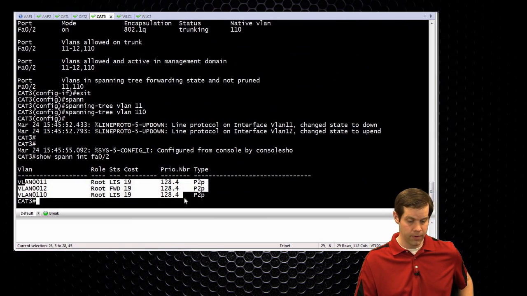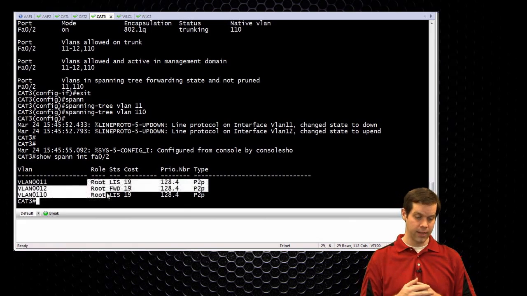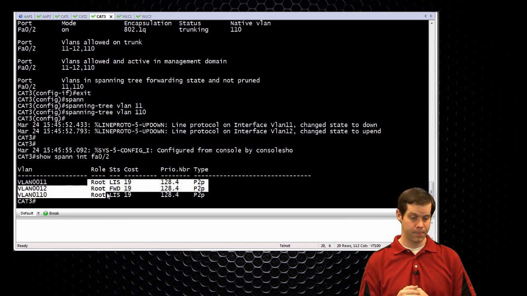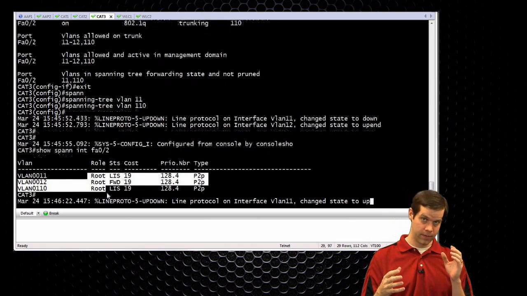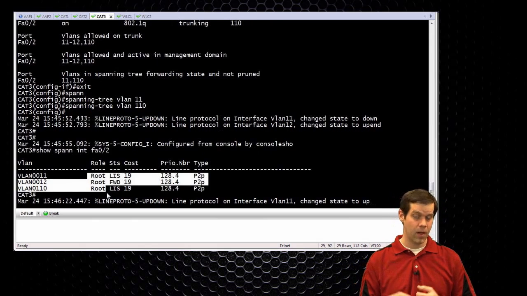Well, I see that all 3 VLANs are actually on, and I'm seeing that this port is the root port for all VLANs, which means BPDUs are flowing across, which kind of goes back to, not only do we want to worry about spanning tree in terms of, if this is a trunk, the other side should ideally be a trunk, same native VLANs, things like that. This is a valid spanning tree path, so we do not want to be using things like BPDU guard or PortFast or usually BPDU filter,